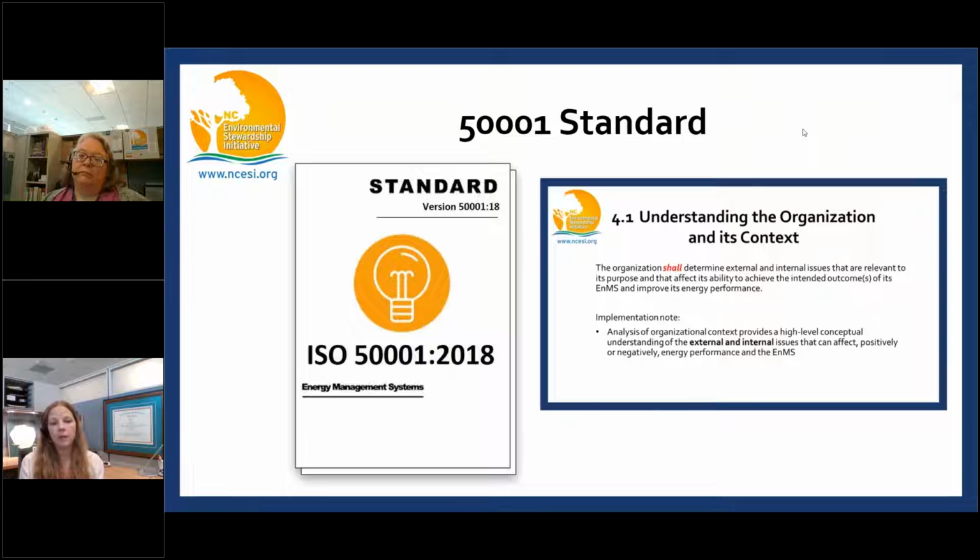They're not identical, but anything that you see in red text is going to be a shall statement. And like Angela said, that is auditable, so that's something that you have to do. Anything in purple text is going to be documented information, which means you have to have some kind of record, meeting minutes, an SOP, something to document that part of the standard. There are 92 shall statements. It's a lot of shall statements, and there are 18 areas that require documented information.